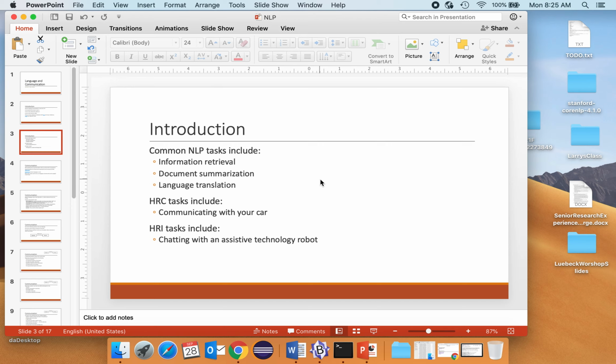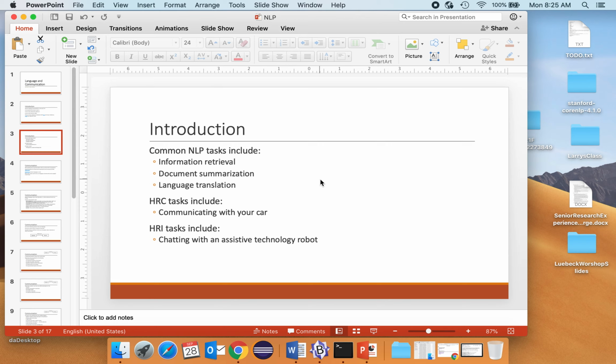Here are some examples of NLP tasks. So information retrieval, think about Google. To a certain degree, it does information retrieval. There are ways to do that with keyword searches, but more sophisticated information retrieval depends on parsing sentences. We will soon study Watson, IBM Watson, which is unbelievably almost 10 years old, and look at some of the stuff that they did to do information retrieval and other things.